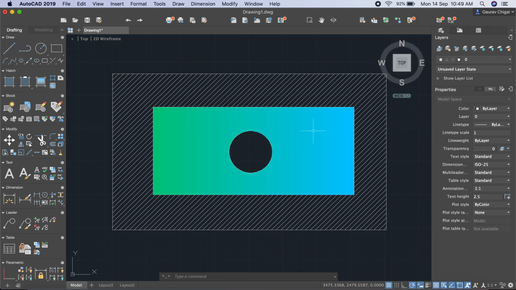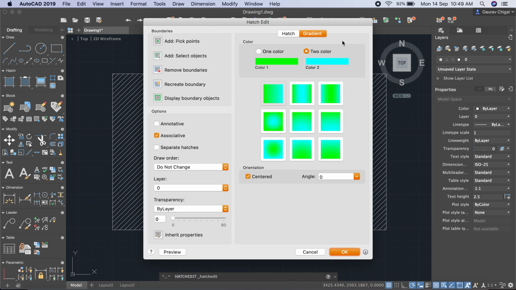Your gradient is applied. Now if you want to change some color again, you want to edit it, so just double click it, a new window opens. Now here are two options, one color and two color. If you want one color, only one color is used and the base color is white. Okay, and if you want to change the base color from white to black, you just see I move the arrow towards shade, or you want to change it to proper green, then move the arrow between the shade and tint.